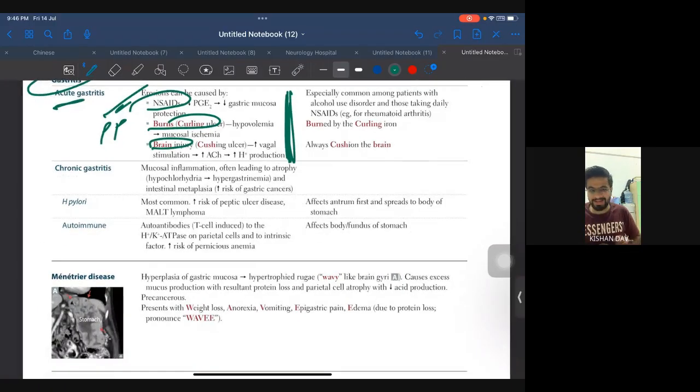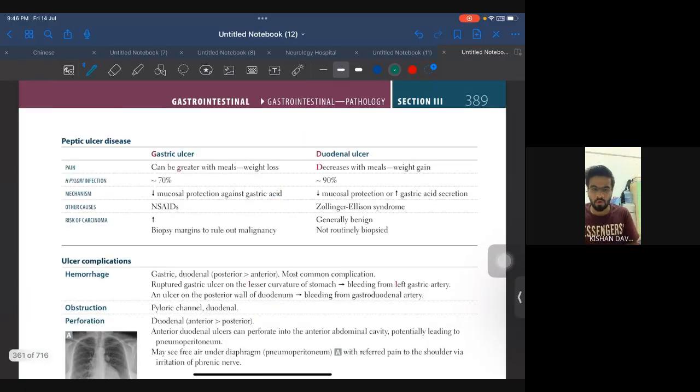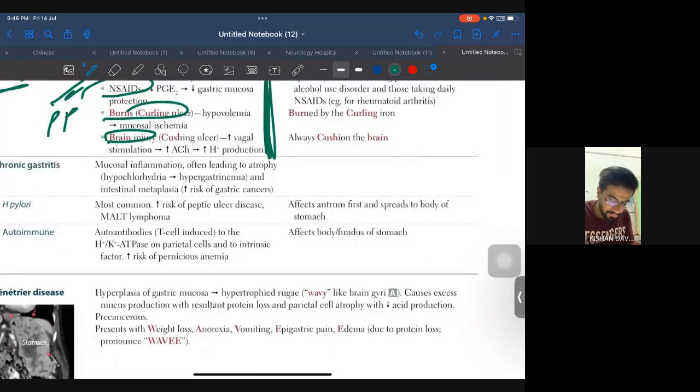Moving down, see in stomach, the question that they commonly like to ask is gastric adenocarcinoma and peptic ulcer disease. Okay, gastritis के इतने सवाल नहीं आते. Okay, but still let's see. So what happened is